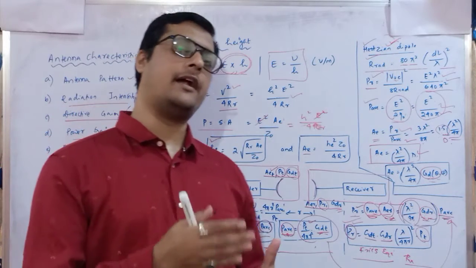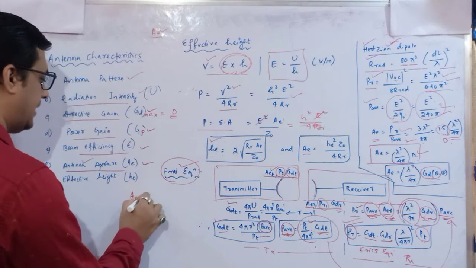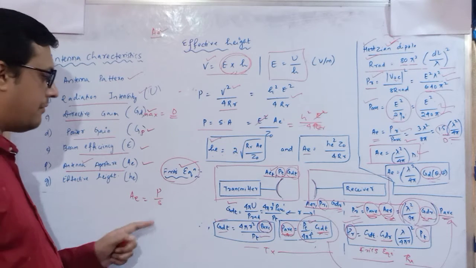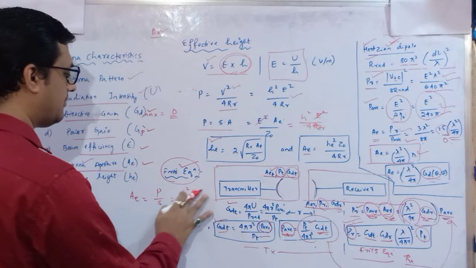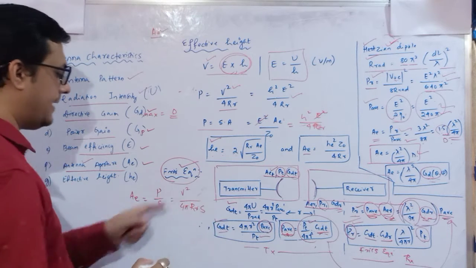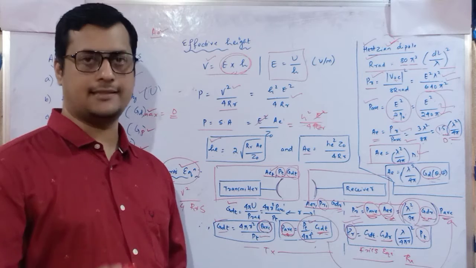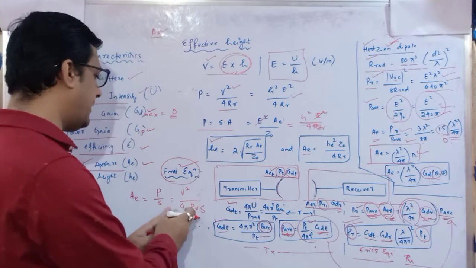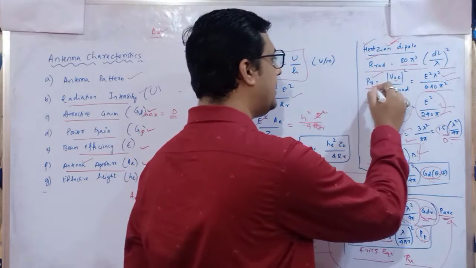Now for each and every antenna, the radiation resistance will change, and in the previous discussion we have seen effective area is identified as power divided by the power density. Here we have seen V square divided by 4 R into S. So what is R? Radiation resistance. Radiation resistance for different antennas is different. So this is the effective area.